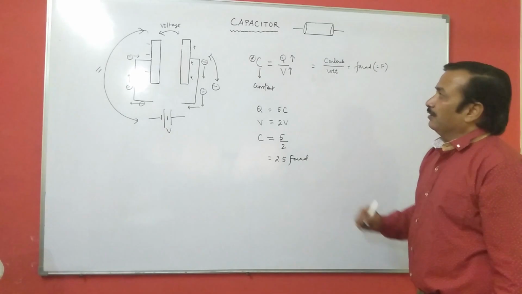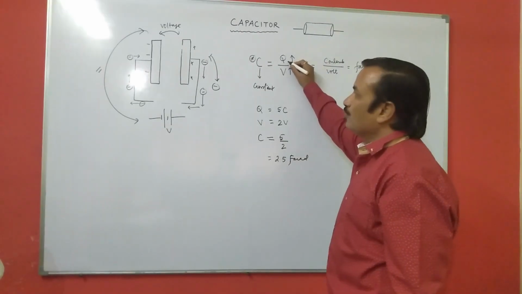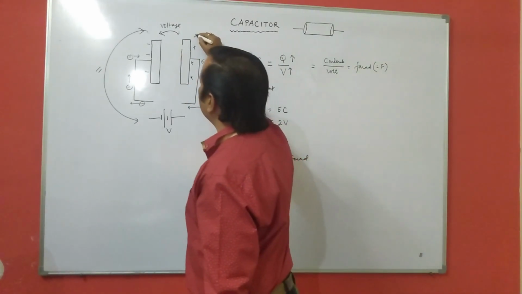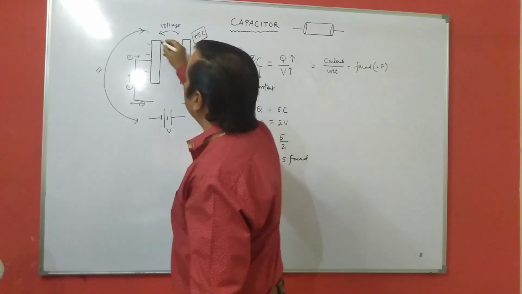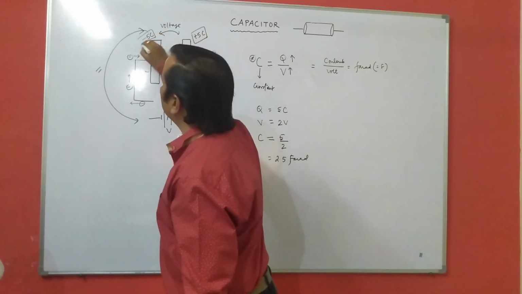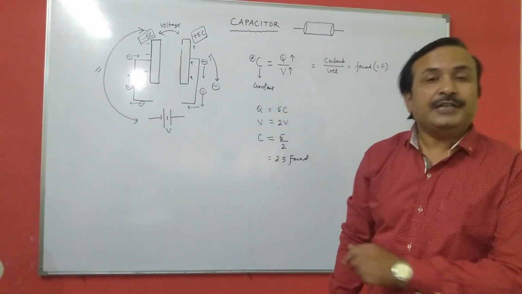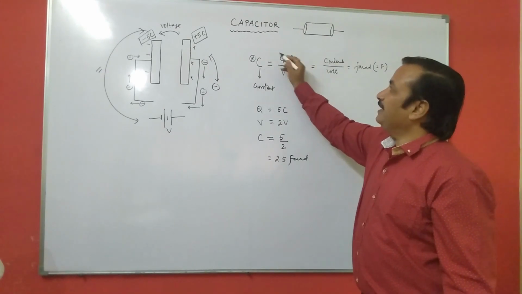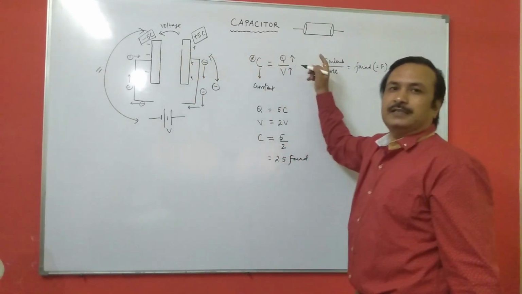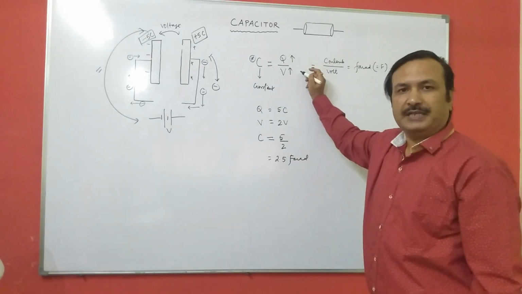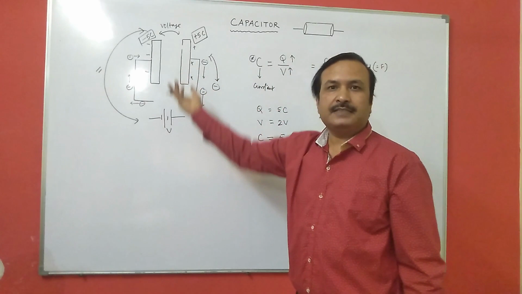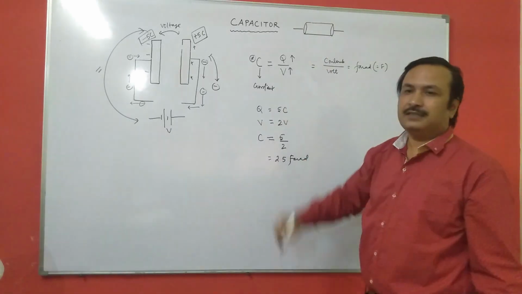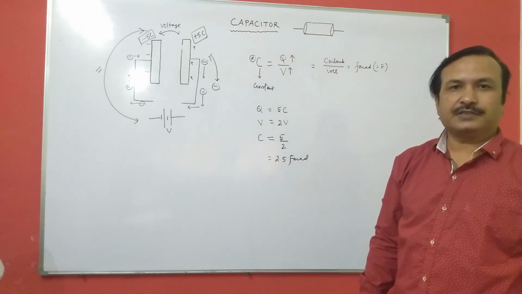Now, in this formula you understand this Q is the charge. See, suppose one plate stores plus 5 coulomb charge, the other will store minus 5 coulomb charge. The magnitude of the charge will remain the same. So here this Q is the magnitude of either of the charges placed on the plates. Otherwise you will find net charge is 0. Right? So you will not be able to find the capacitance. This Q is nothing but the magnitude of the charge.